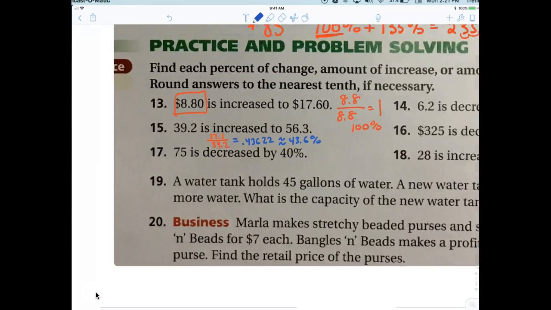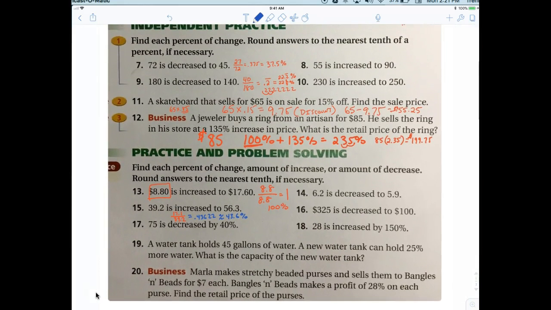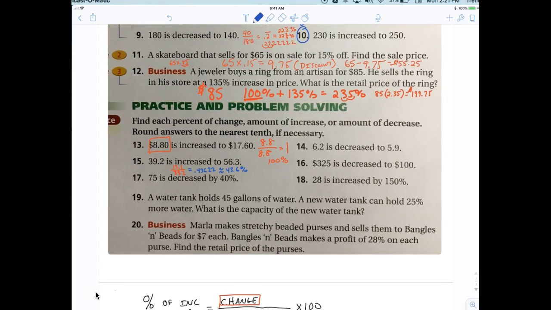Guys, finish this up now. All we have to do is you have to go back and do 8, 10, and the rest of them. Does everybody hear me? All the way up to 20. Tomorrow I'm checking your work. Nobody leave yet. All right, I need that. Guys, I need to